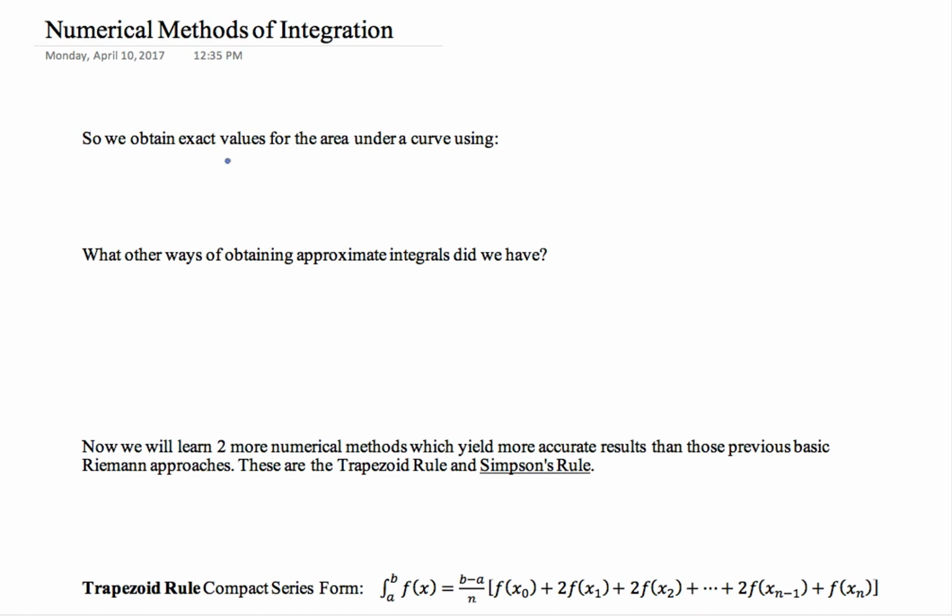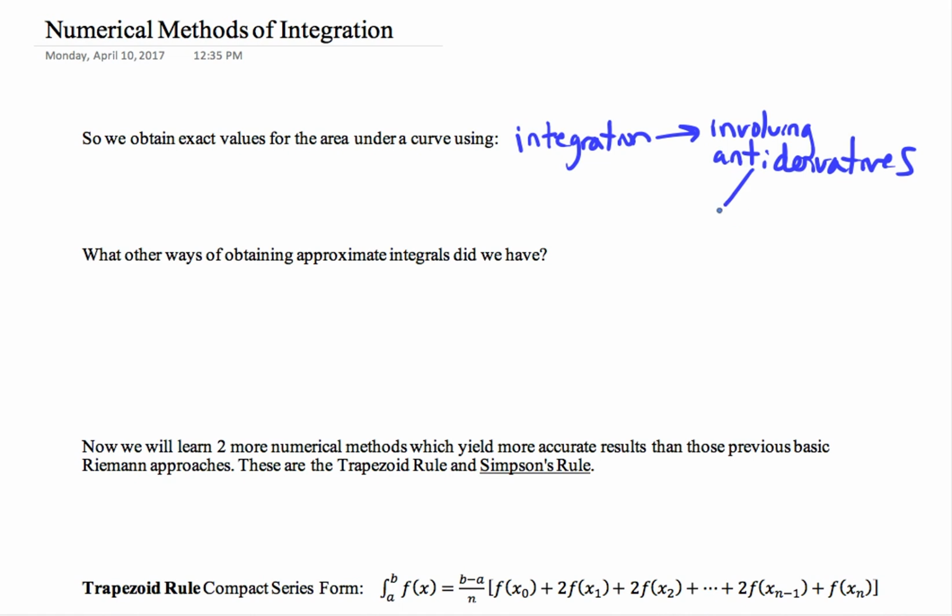So let's just kind of review the big conceptual place that we're at right now. I said we obtain exact values for the area under a curve using what? I think you should know that to find the exact values of the area under a curve, we use integration. And integration involves antiderivatives. How does it specifically involve antiderivatives? Well, that goes to the fundamental theorem of calculus, right? So this is the fundamental theorem,